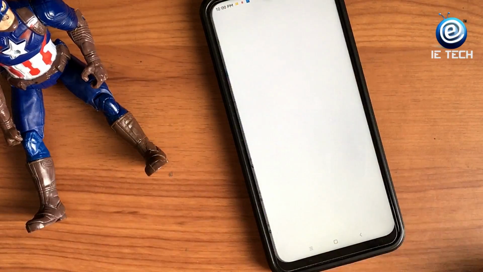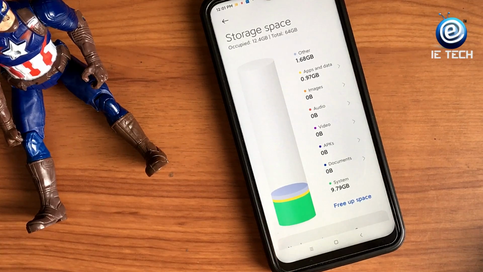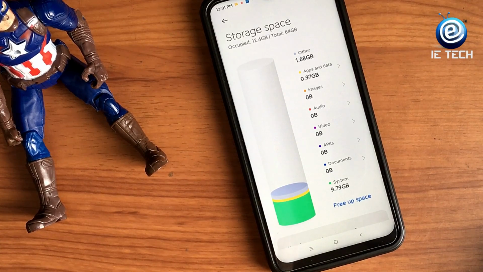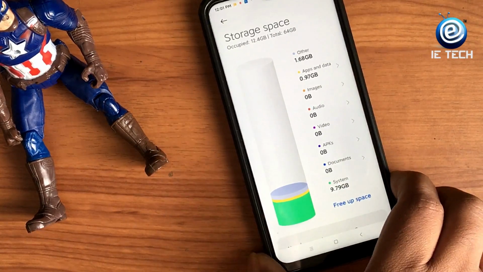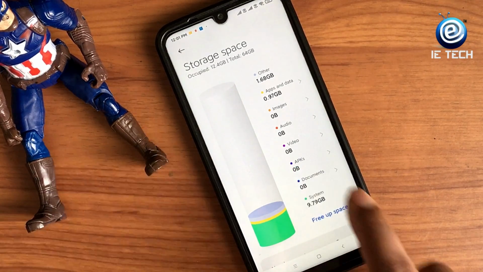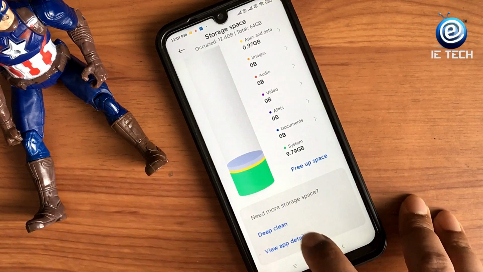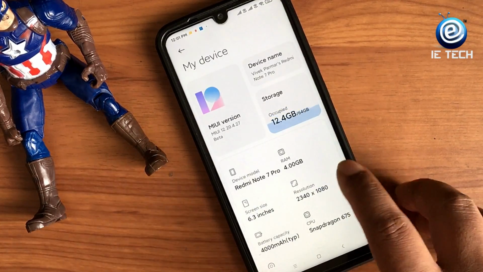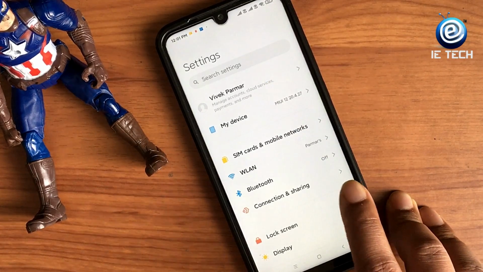and I will show you the storage. This is a very interesting feature, and I think this is one of the sensory visual designs which is integrated into MIUI 12. So as you can see, what is my usage, it will directly show here. Okay, so very interesting features here, and then you will get other features also. So let's go back and let's go through the entire settings one by one.